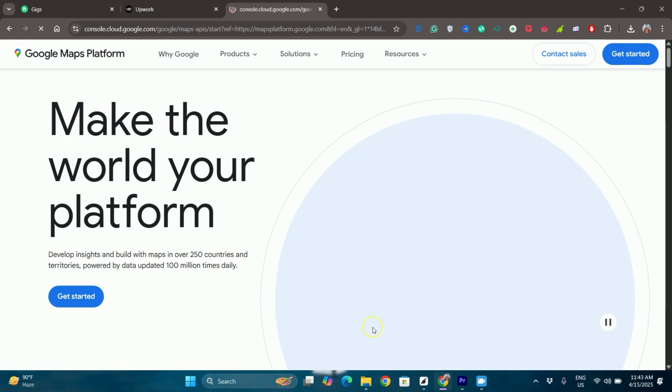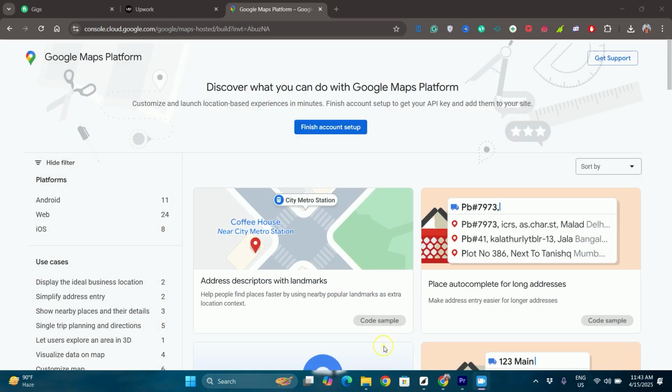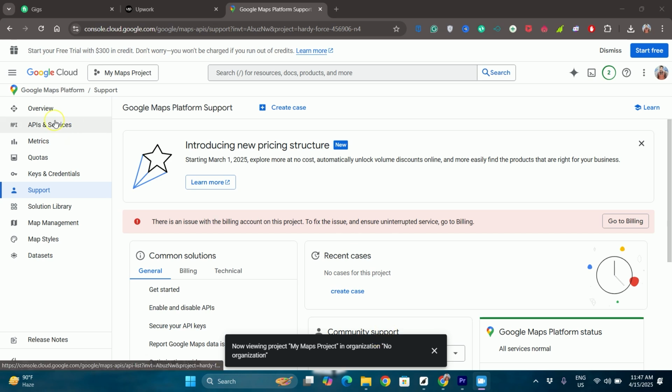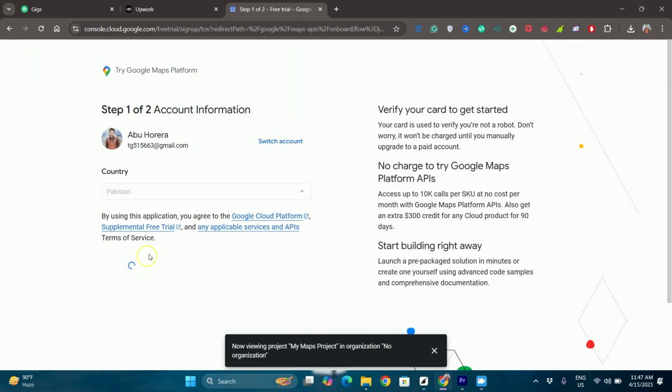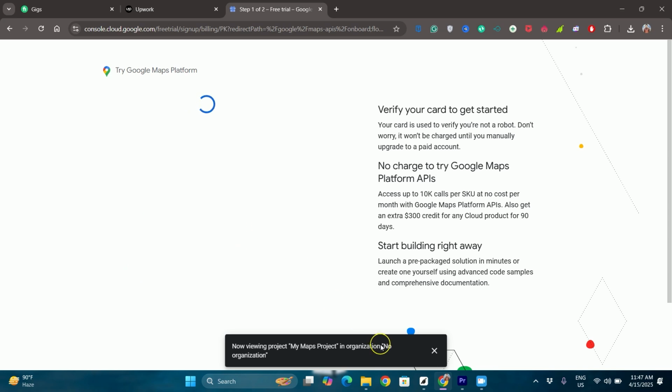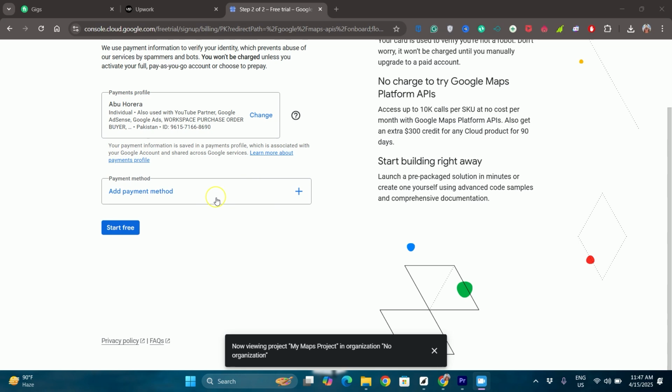Now once you click on get started, you need to be signed in with your Google account. It will automatically sign you in with your Google account. Here you need to agree to the terms of service, agree and continue. And once you are here, just simply click on this APIs and services, and once again click on agree and continue. And now you need to verify your payment information,